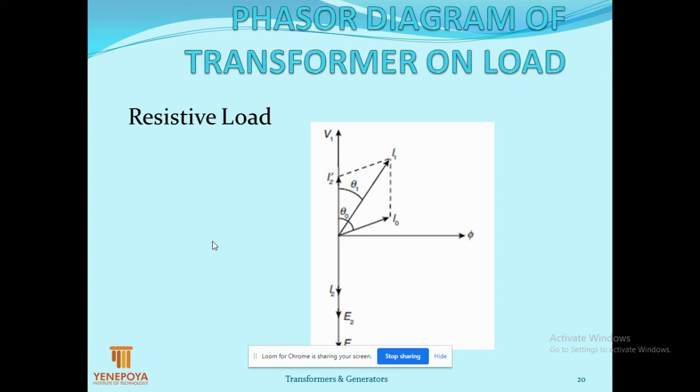Now we will see the practical transformer on load. When you specify load, you would consider resistive, inductive, and capacitive load. First the vector diagram, without considering the resistive and reactive drop, that is the IR and IX drop. You have to mark pi, V1, E1, E2, then I0, I2 dash, and the total current I1. From the equivalent circuit,